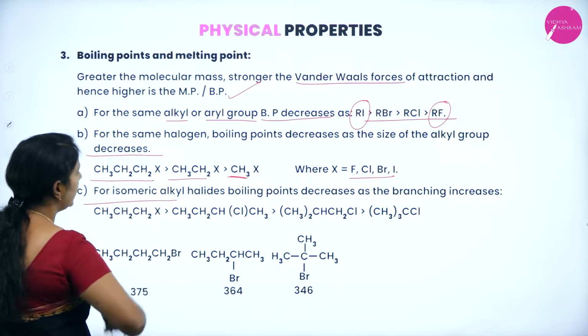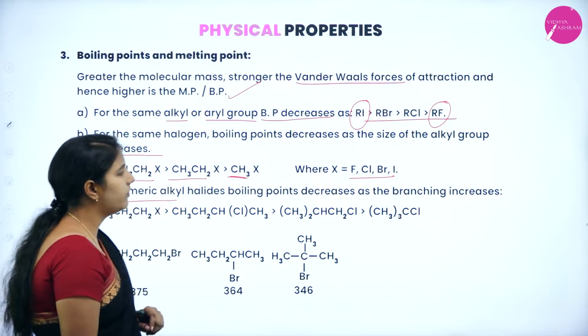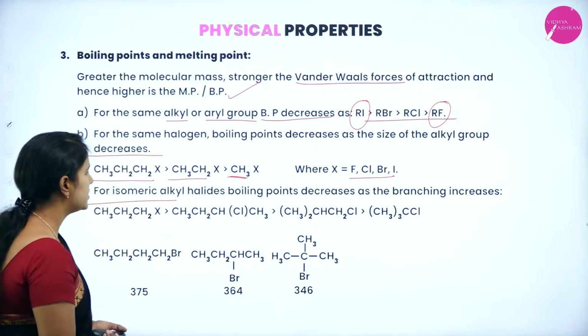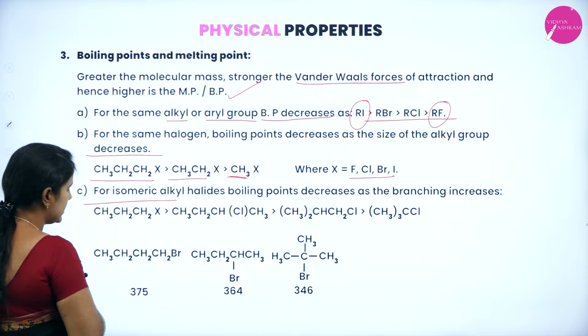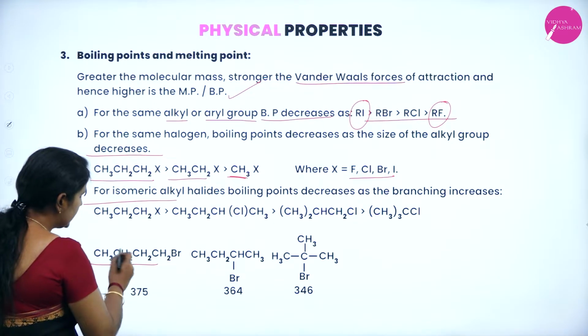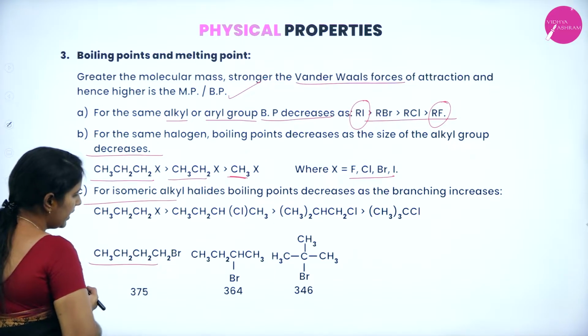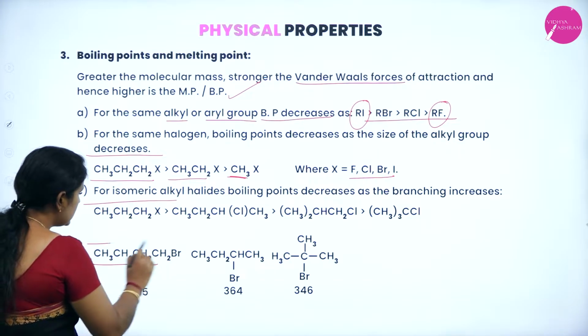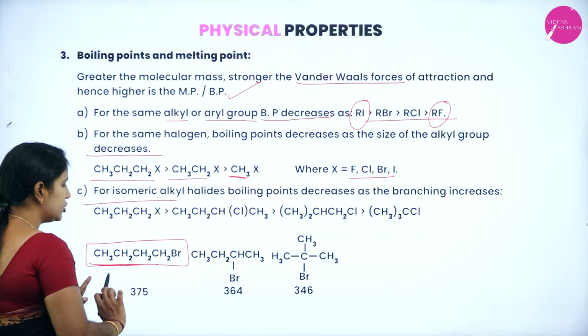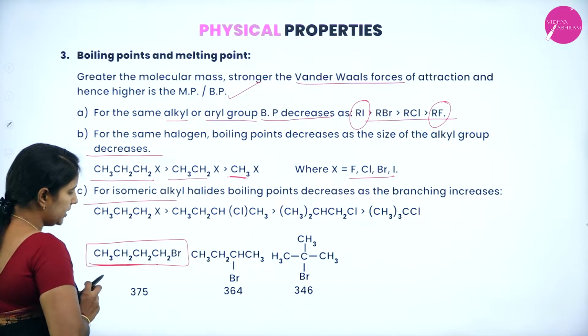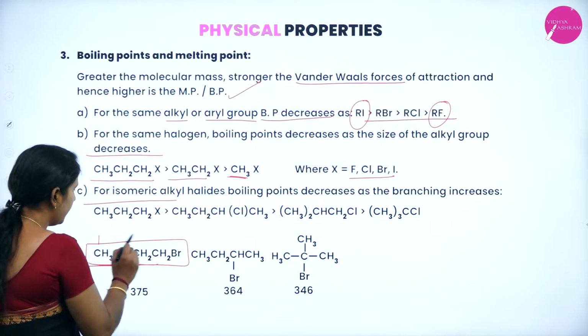For isomeric alkyl halides, the boiling point decreases as the branching increases. You can understand this by looking at this example. This is CH3CH2CH2Br. You can see this is a carbon chain which does not have any branching compared with the second example. And the name of this compound is